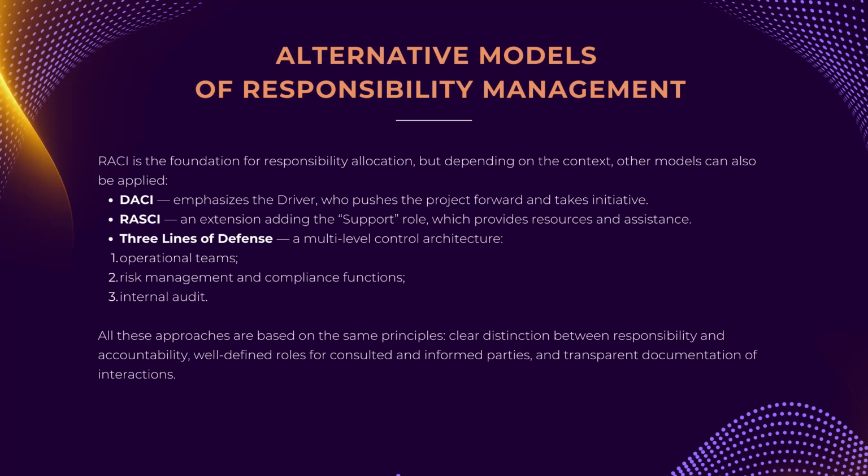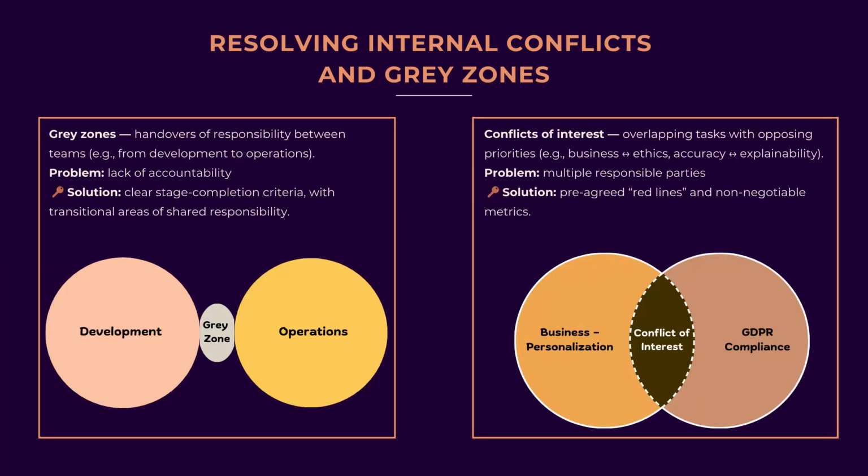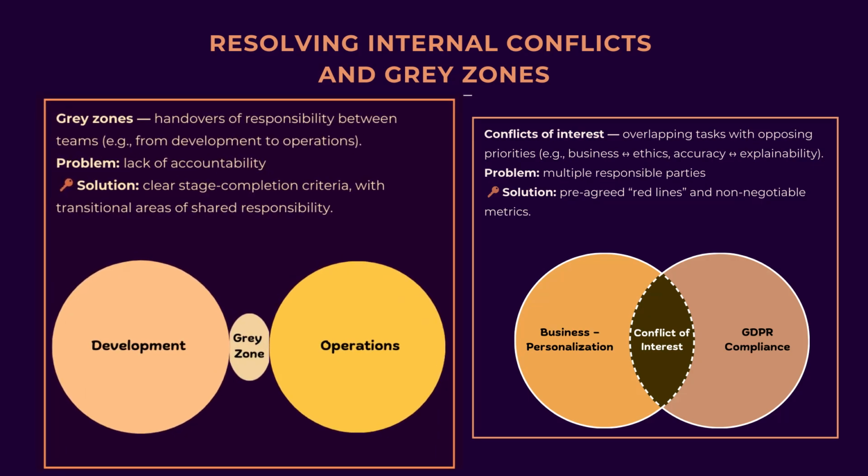However, knowing stages, roles, and responsibility areas may still be insufficient to build a high-quality responsibility matrix if we haven't examined risk zones thoroughly. Classic risk zones are the so-called gray areas and conflicts of interest. Gray areas include responsibility handoffs where ownership of the product passes from one team to another and each team believes either its work is done or its responsibility hasn't yet begun, for example, handing over an AI system from development to operations. We need clear criteria for when a given stage is complete and what its deliverable is, and we should set intermediate responsibility transfer zones where both teams work on a safe handover of authority.